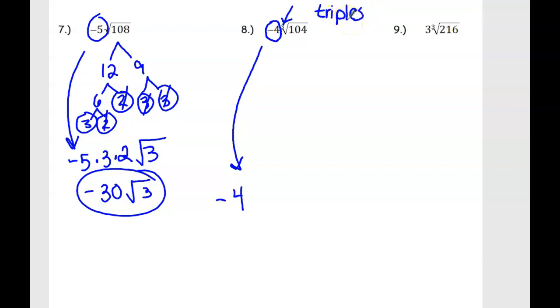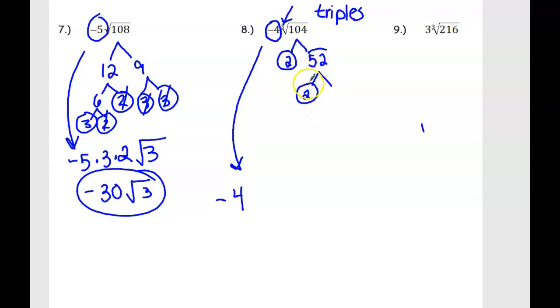Okay, so now I'm going to start taking what's underneath the radical sign, and I'm going to start factoring it. It doesn't matter, again, what you start with. Maybe you decide to just start with it's divisible by 2 because you know it's even. So 2, and that would be 52. Okay, so 52 is not prime, so we're going to continue on, but it is even,